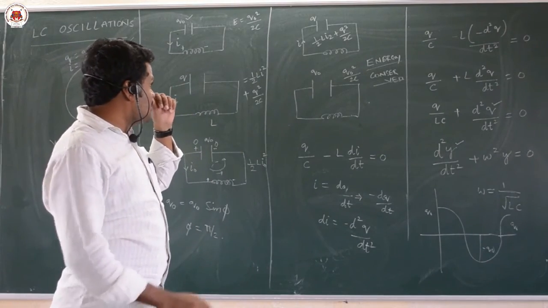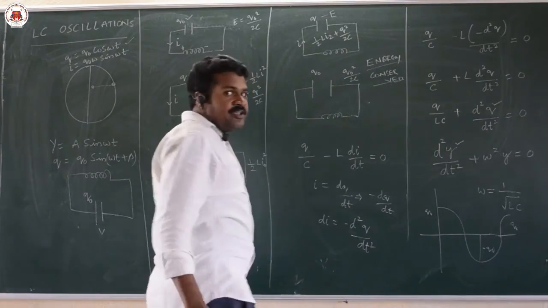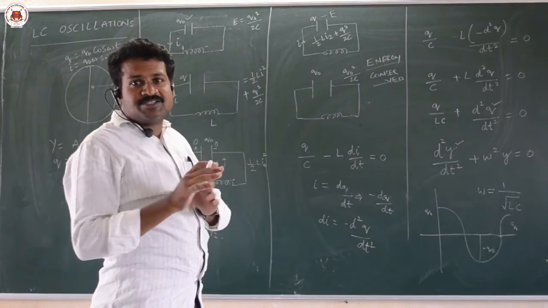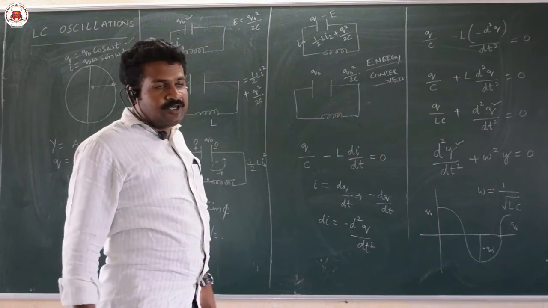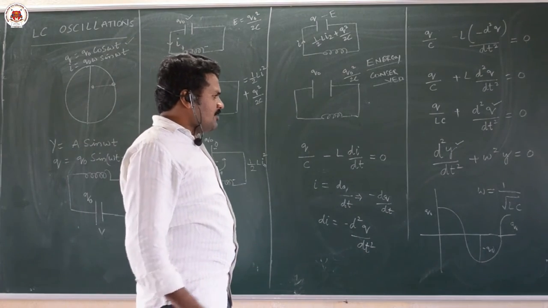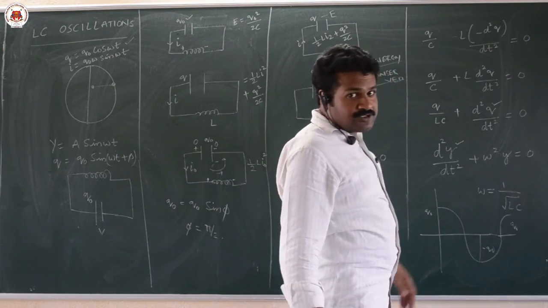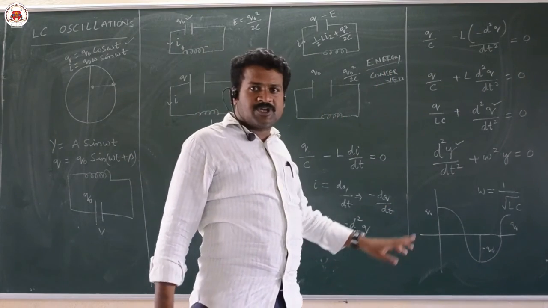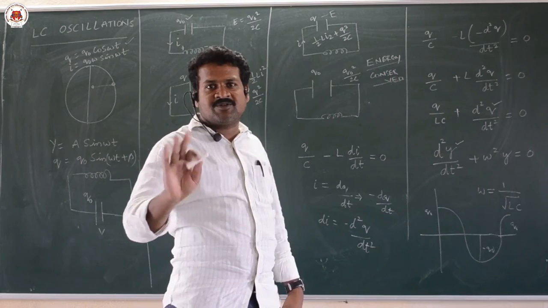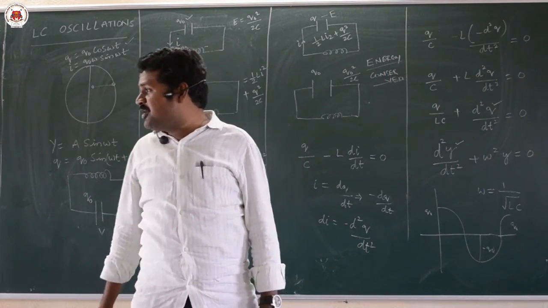When it is with the capacitor, it is electrical energy. When it is with the inductor, it is magnetic energy. So electrical energy is converted into magnetic energy, which is converted into electrical energy without any loss. And the thing which is varying in the case of LC oscillation is charge. When charge associated with the capacitor was maximum, current in the inductor was 0. And this q naught omega is the peak value of current.